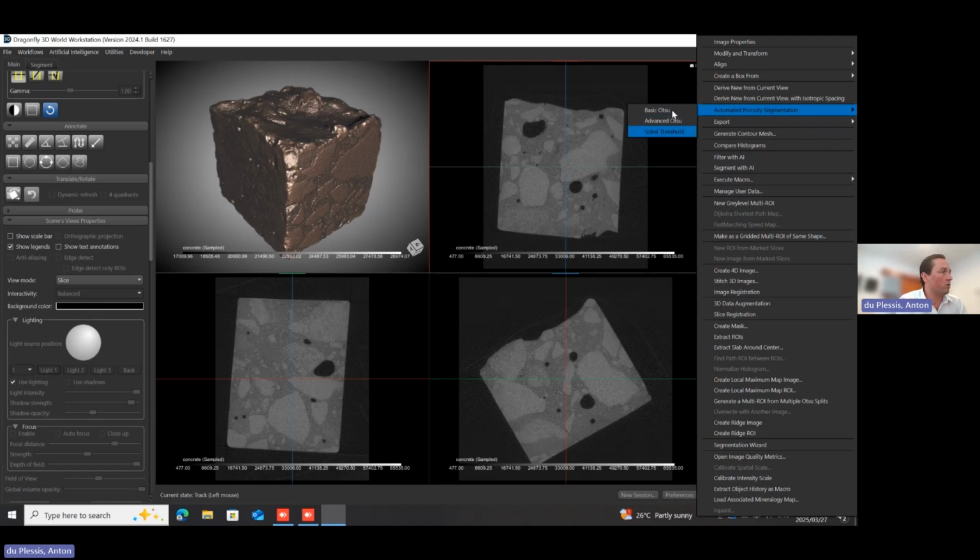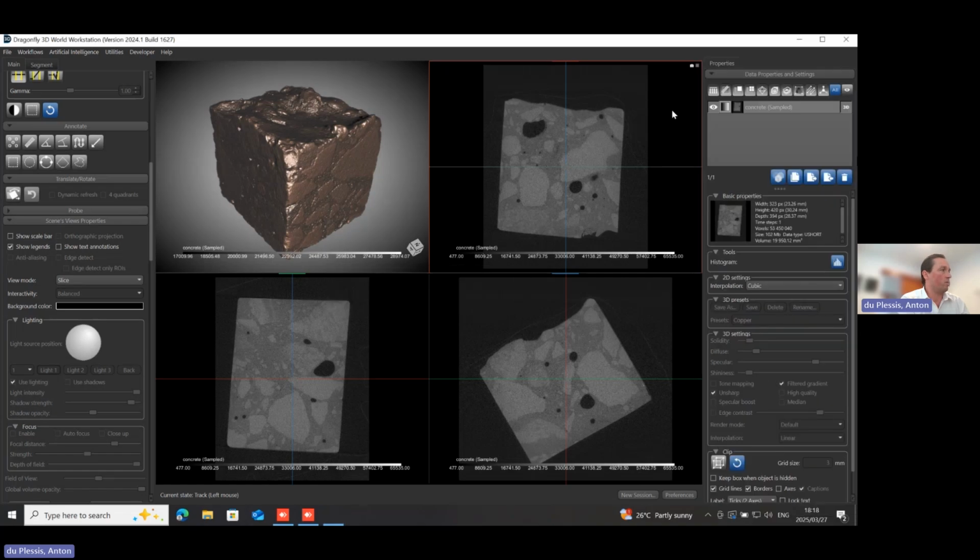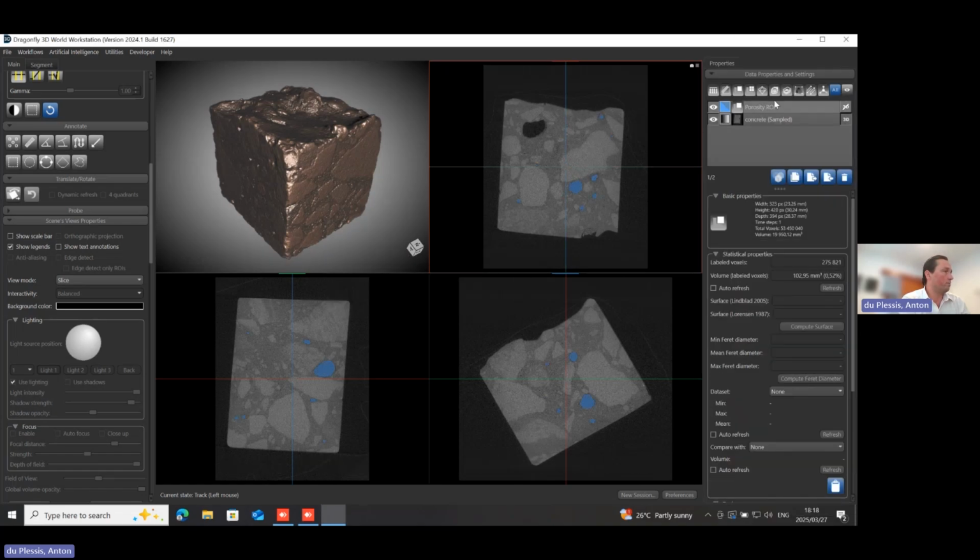The Sobel threshold is really only for special cases when you have homogeneous material, not like this sample that we have here with different materials. And also it's really slow and meant for samples where the gray value distribution changes a lot across the sample. So I would recommend the first two here, and let's just click on basic OTSU and show you the end result is exactly what we have done before.